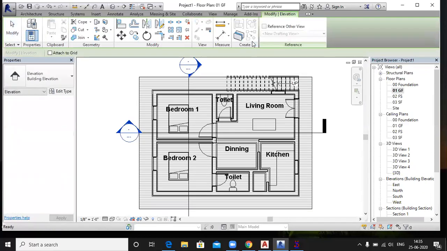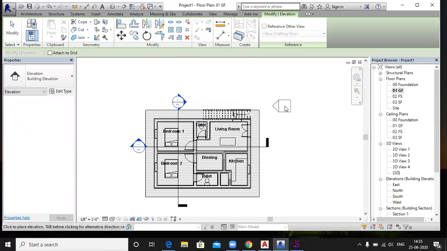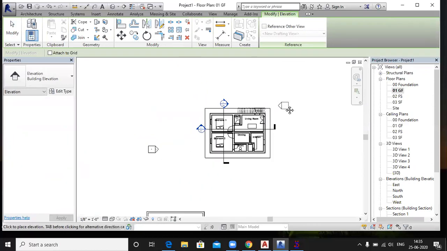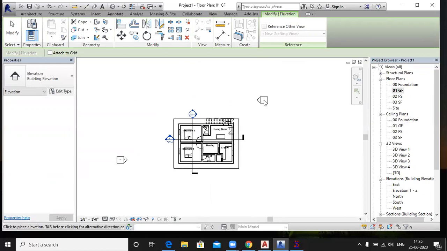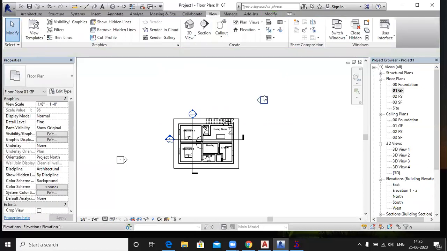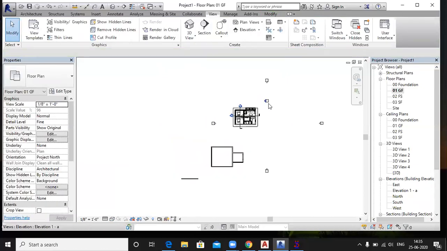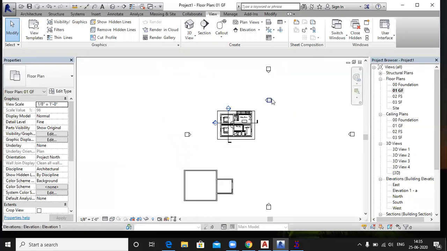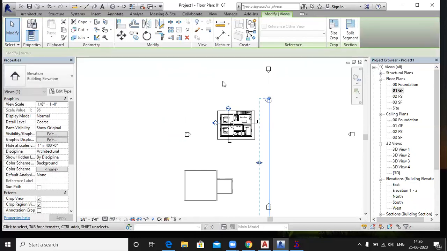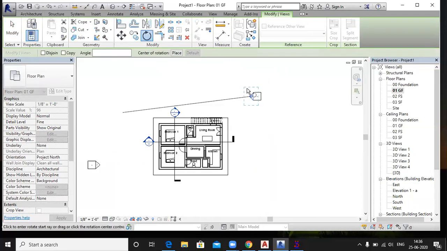If you want to check from here, we have the elevation tool also, right? You can click on elevation. You put here a new elevation point, like this, right? This is your new one. See, this is your fifth one. These are all the four directions, and this is your next one. You just rotate it from this command, because this is horizontal.